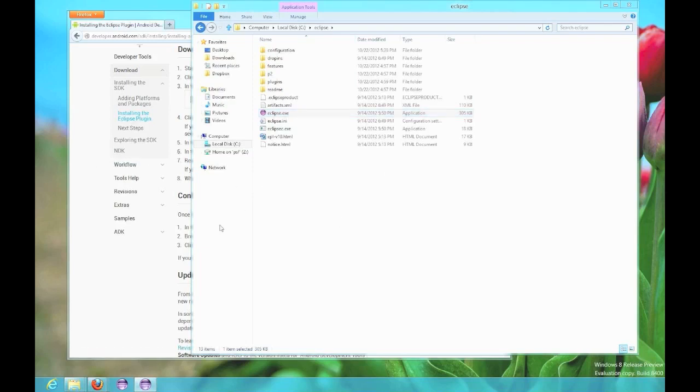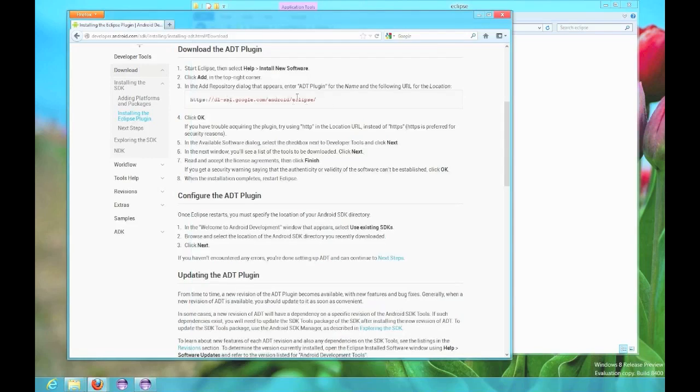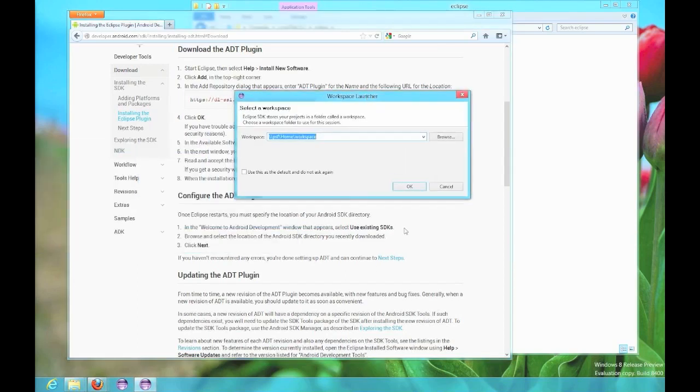and after a bit of delay, it should eventually open. What this is going to do is we're going to install the Android development tools as part of Eclipse, and so it allows us to develop Android applications in kind of a what you see is what you get type environment, which is pretty handy. So after